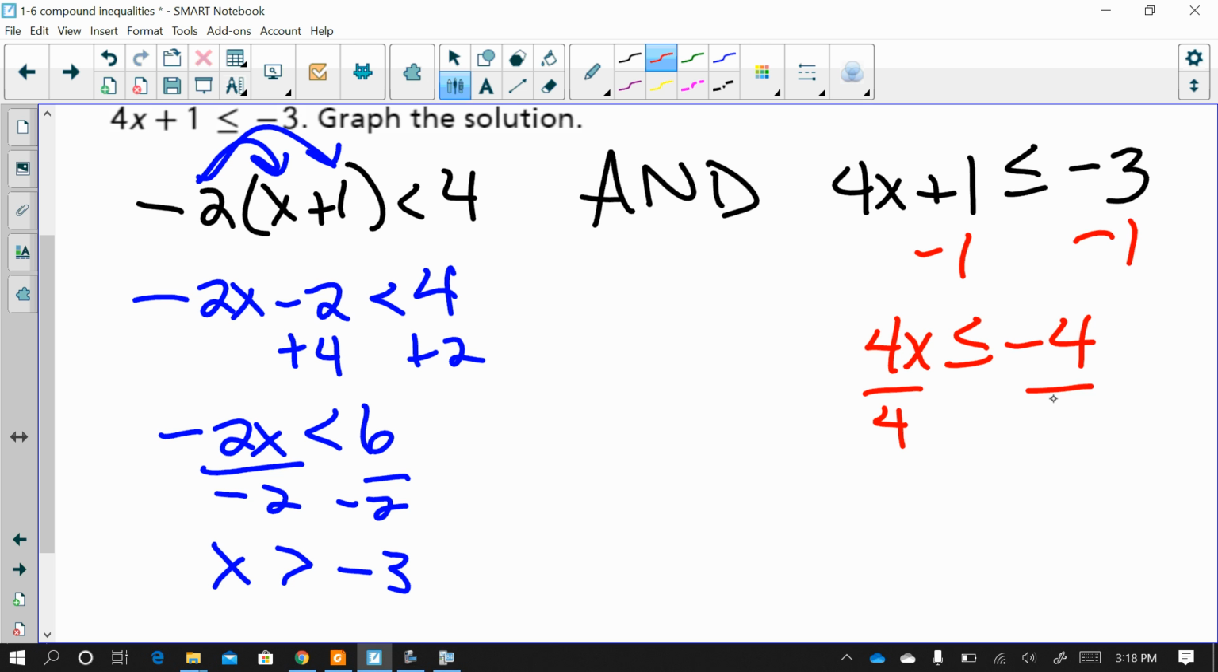X isn't by itself, so I need to divide. X is less than or equal to negative 1. Okay,